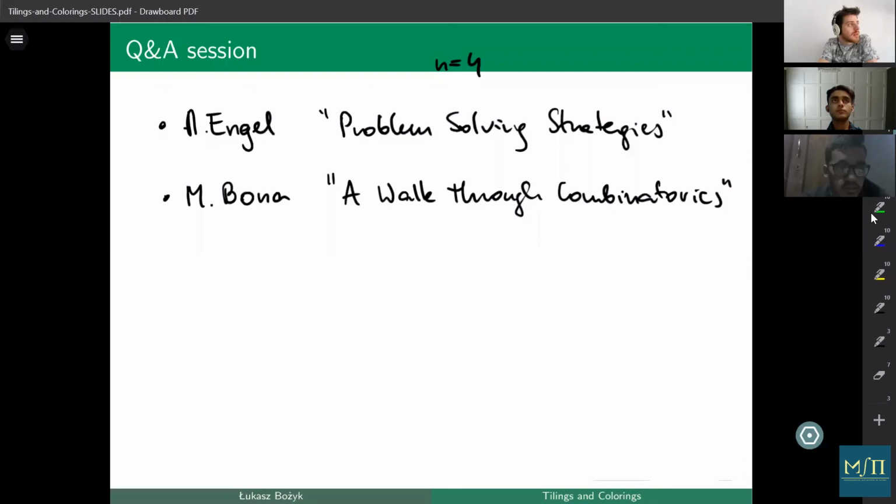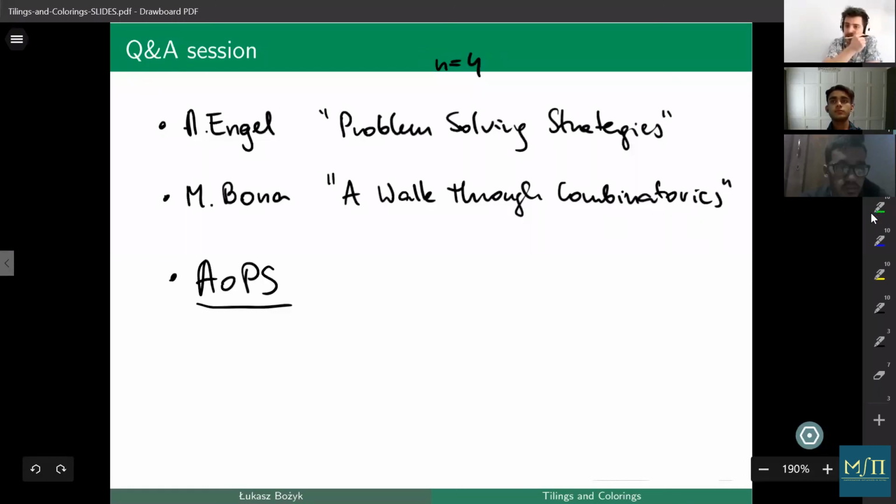And what more can I suggest? Of course, there are books with solutions and problems from different Olympiads around the world. For example, at the Art of Problem Solving community, there are many problems. It's a forum maintained by users from around the world, so there are plenty of problems there. But a book that would allow you to learn Olympiad combinatorics,